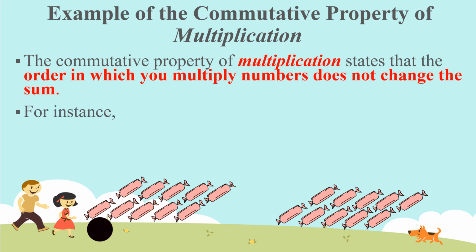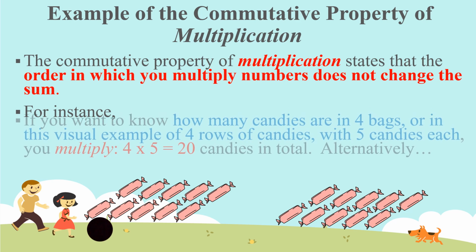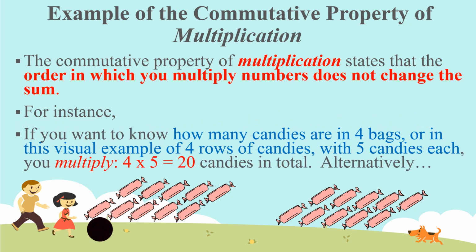For instance, if you want to know how many candies are in 4 bags, or in this visual example of 4 rows of candies with 5 candies each, you multiply. 4 times 5 equals 20 candies in total. Alternatively,